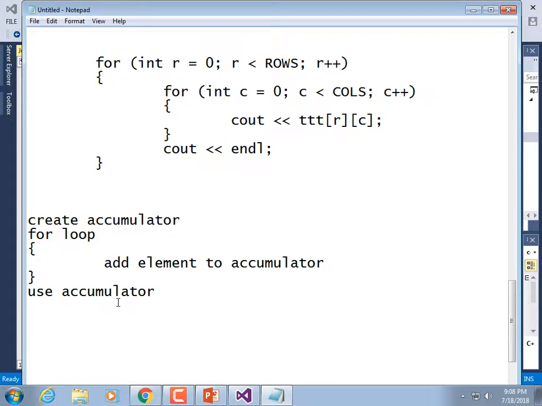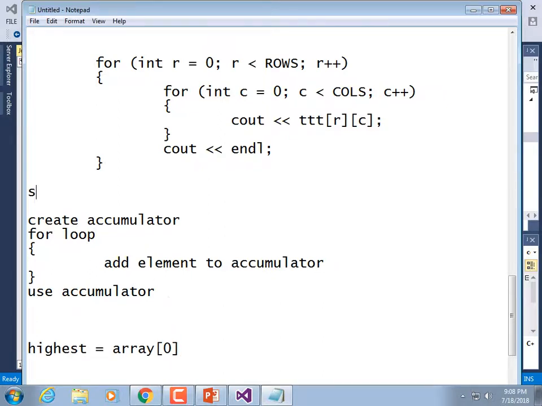What if we wanted to find the highest value? What you do then is you don't have an accumulator. You keep track of a variable called highest. And you set it equal to the first element in the array. And then you start comparing every other element. And if that element is greater than your current highest, you set your current highest equal to that one. Right? So like if I had an array of numbers, I'd set my highest equal to the first number, but then I'd start stepping through the array. And if the next number was actually higher, I would write that one down as my highest. And if the third one was actually higher than that,